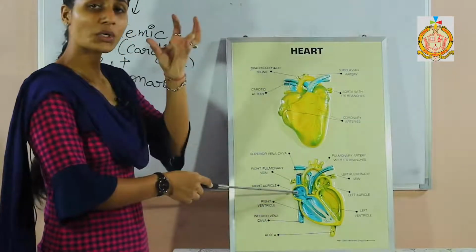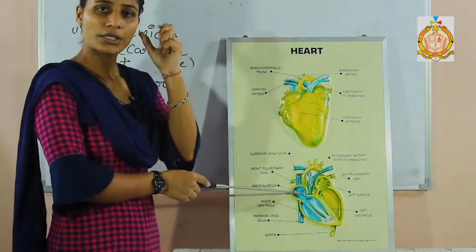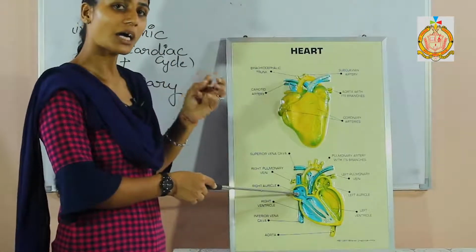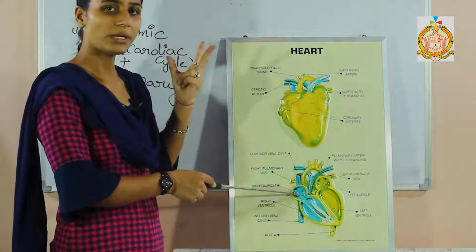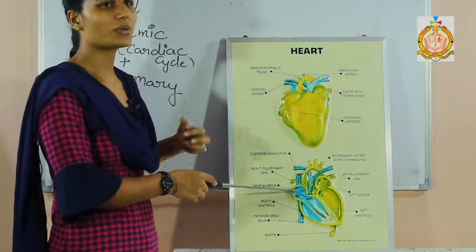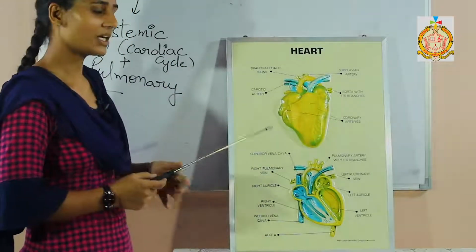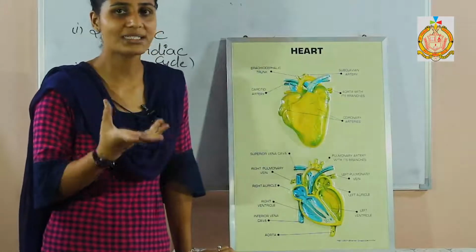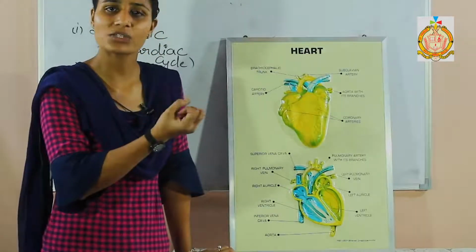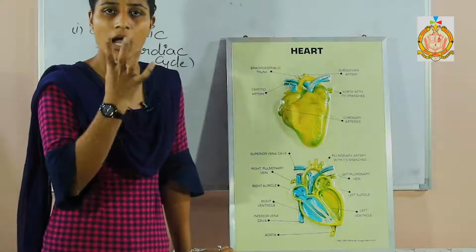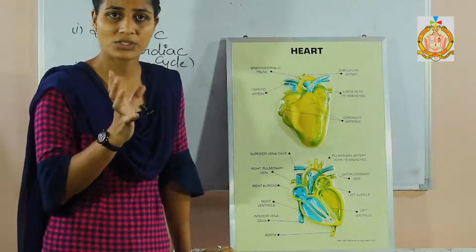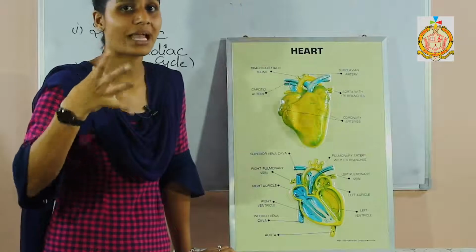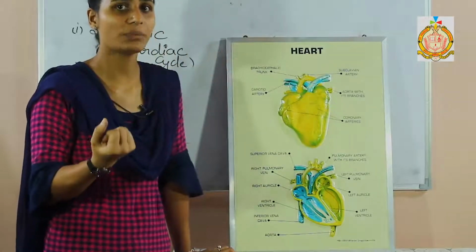Afterward, what is happening? Contraction takes place in the heart. You might have heard about your heartbeat. The heartbeat has two sounds, the lub and dub sound. You will discuss that in the 10th standard. But it has two kinds of sounds, lub and dub. Why are these sounds created? Due to the contraction and relaxation of the heart. Our heart shows contraction: one time it becomes contracted and another time it shows relaxation for the entry of the blood.